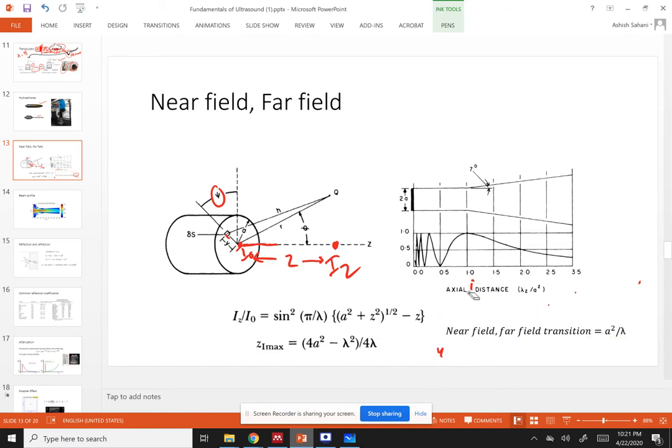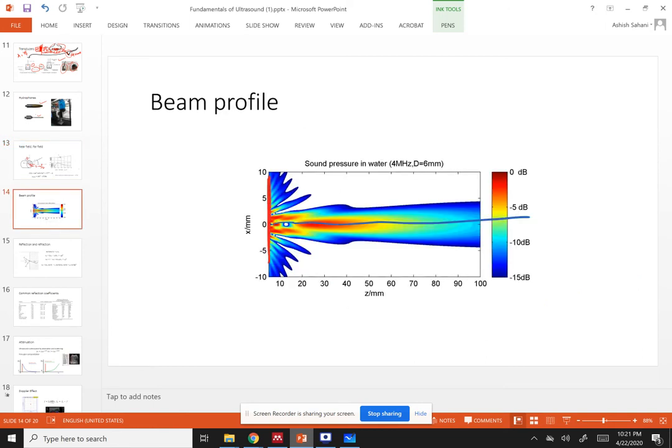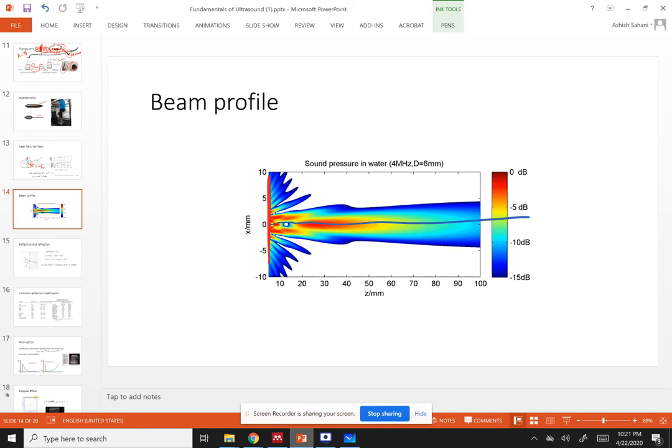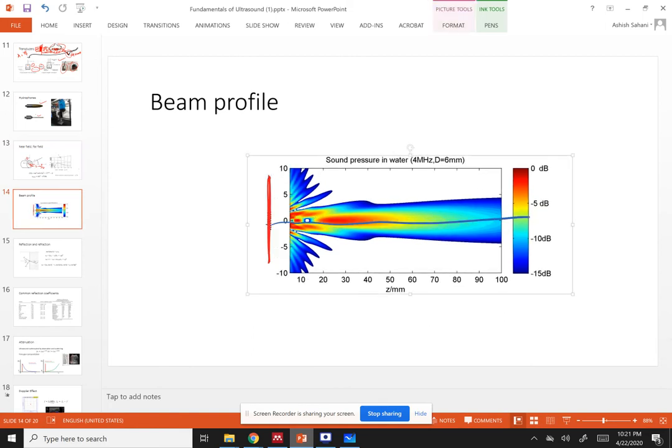The colors in this plot represent the intensities. The red colors represent more intensity, and the blue and green colors represent less intensity. So if you go through this line,